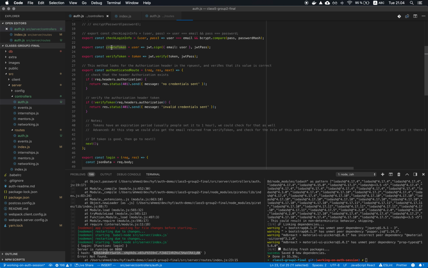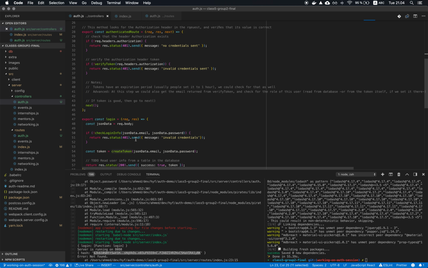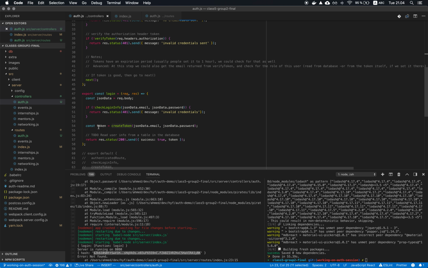It depends on the application. So create token takes the email and generates a token, and it's a long string. Nothing crazy. We go down and we return this token in a variable, and we send it to the client. So this is the whole login thing. The login form now is going to call this endpoint under /API/auth/login,